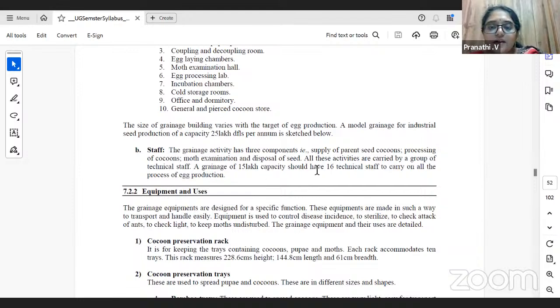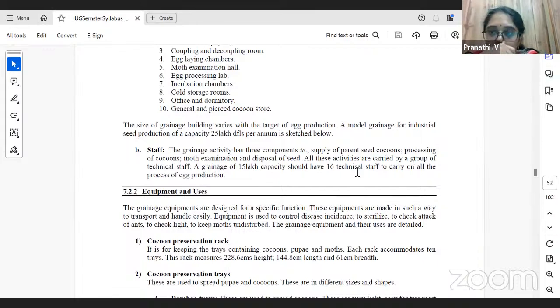Three components of it is usually taking care of the staff, that is supply of the parent seed cocoons, processing of the cocoons, moth examination, disposal of the seed which is not good. All these are carried out by the technical staff. So if it is a 15 lakh capacity, it should have at least 16 technical staff. So 16 staff who knows all of the details from A to Z to carry on the process of the